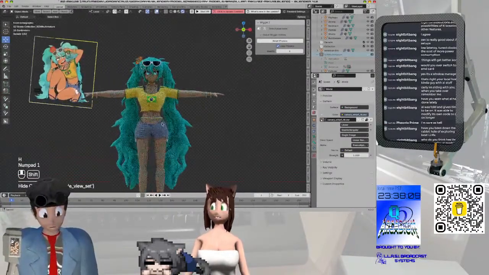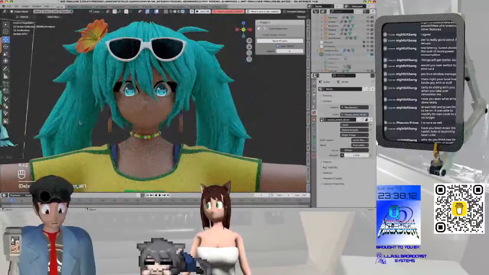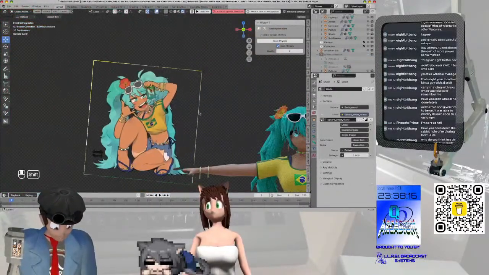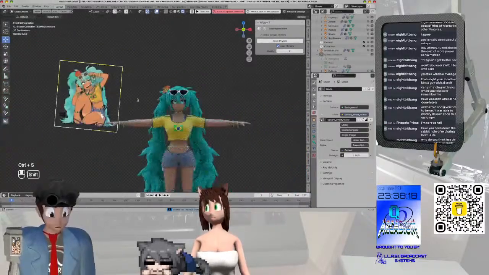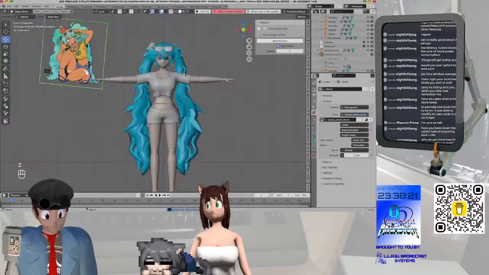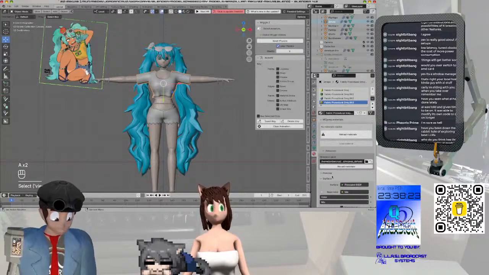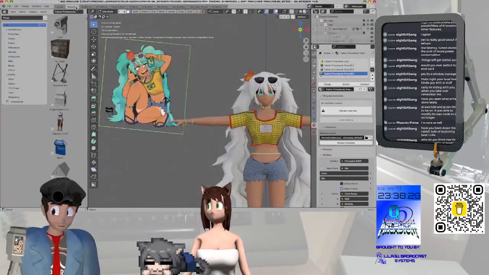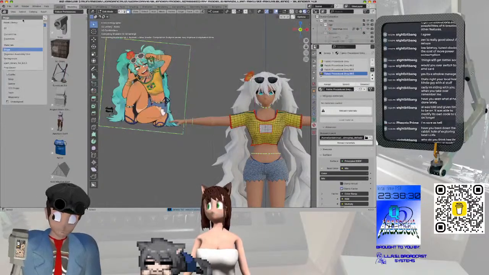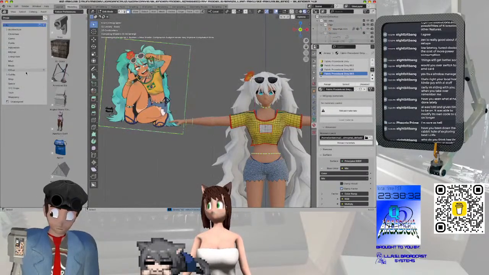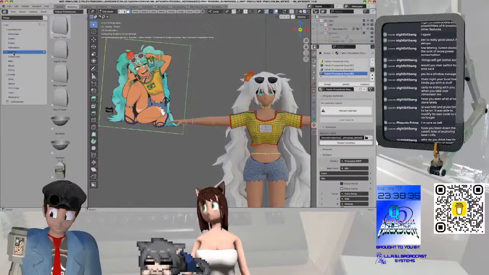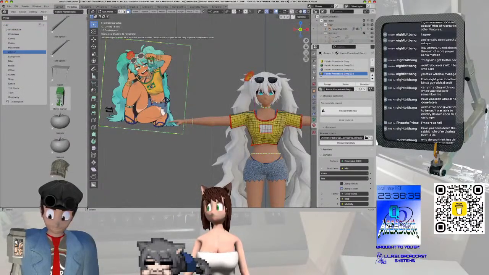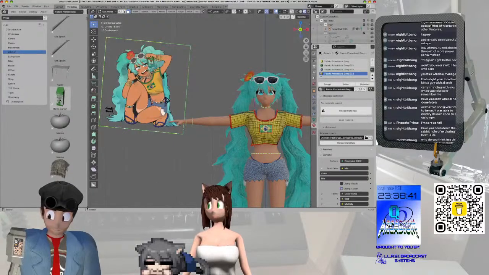But I now have to do her soda can. I don't know what drink that is. I know it's a specific Brazilian drink that Brazilians are very fond of, but I don't know what that is. So I'm going to go to modeling. Save. I'm gonna go to my props. Is it under kitchen? No. Is it under